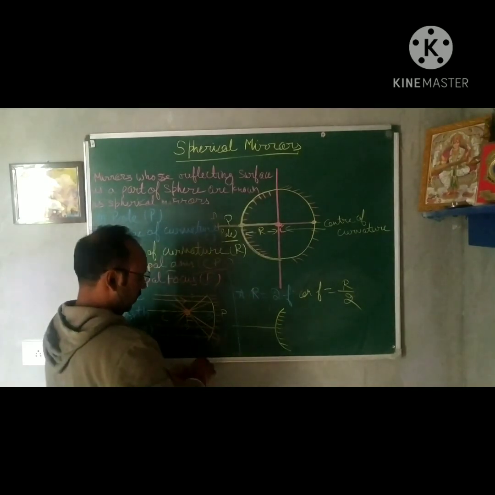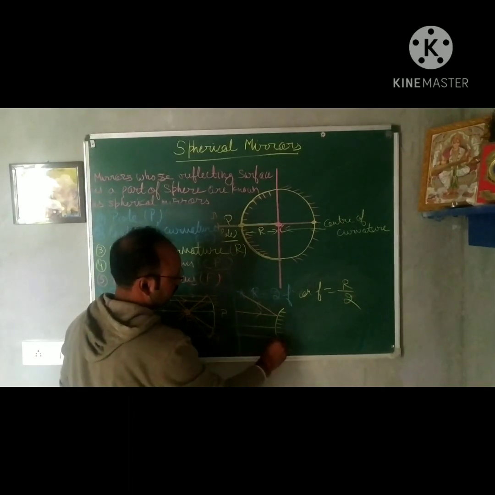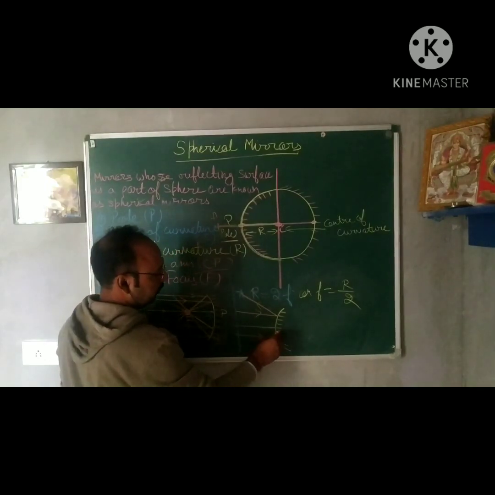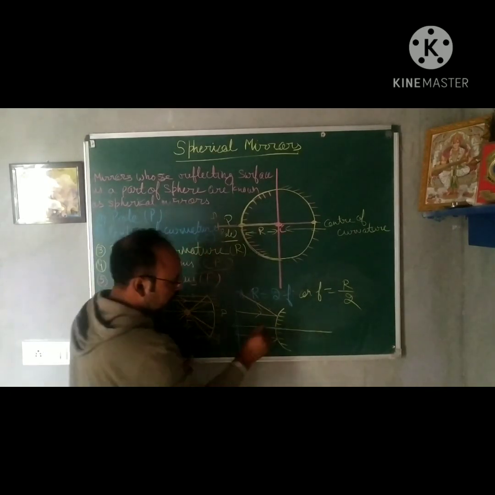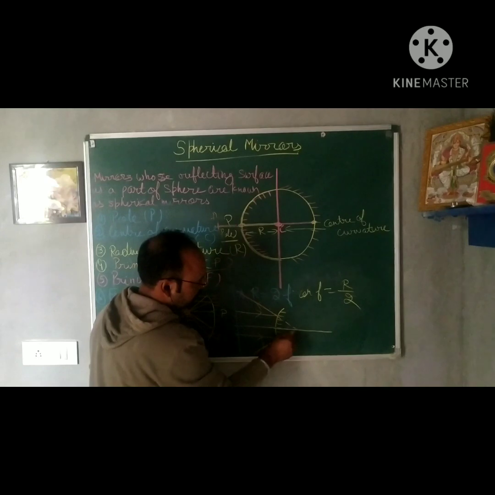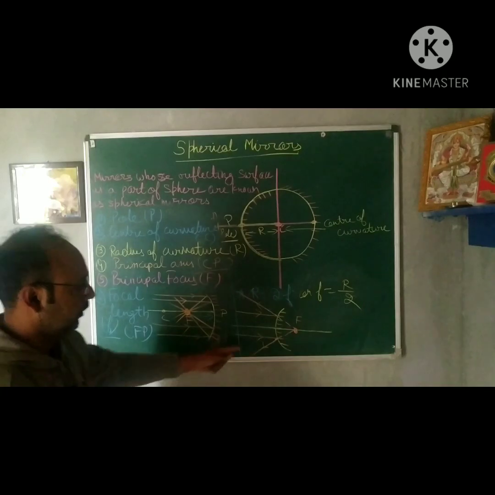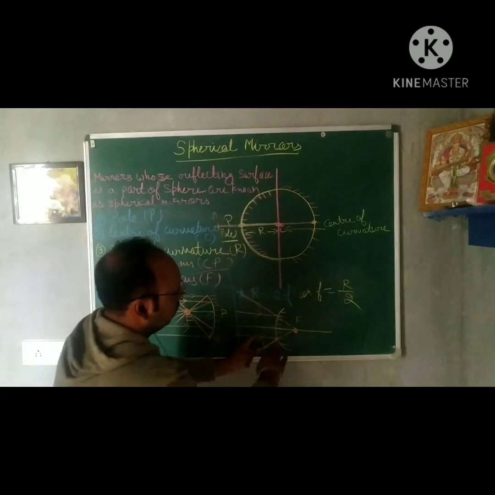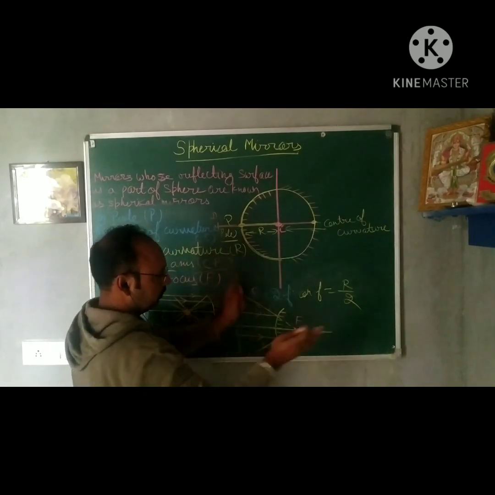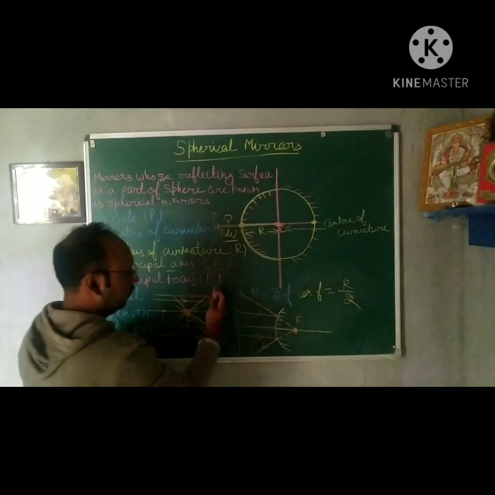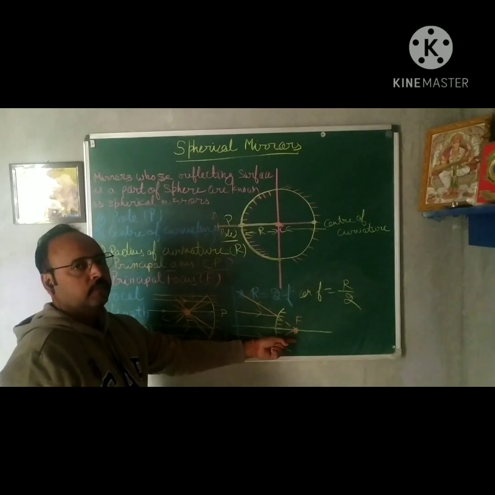in this case, if these are the rays striking, after striking they will go like this. So these are not actually meeting, they are just appearing to meet at one common point. This is again the focus, but on the other side, because you can see from the structure, the focus will lie on this side. So the principal focus: they will not actually meet because they are diverging. Diverging means they are moving away from each other. But if I extend it to the other side, then they will meet at one point, that is F, the principal focus, right?